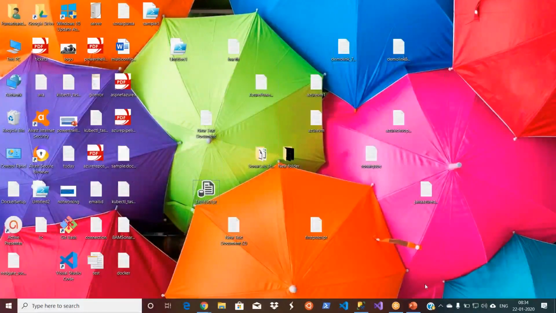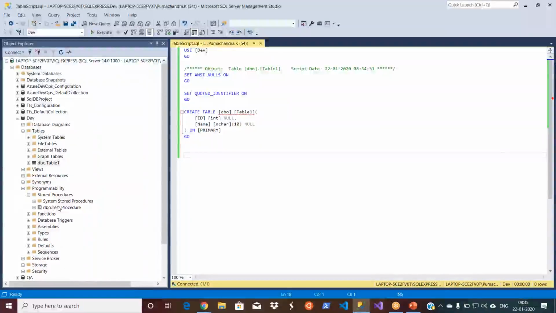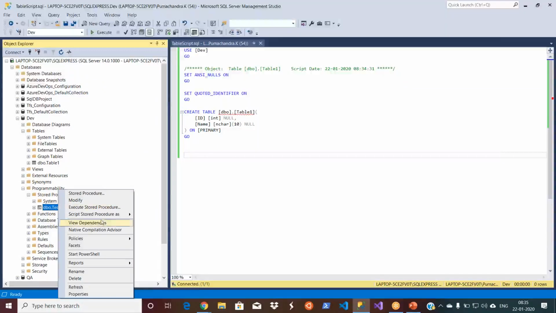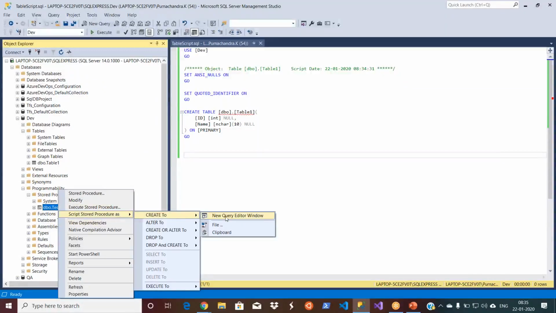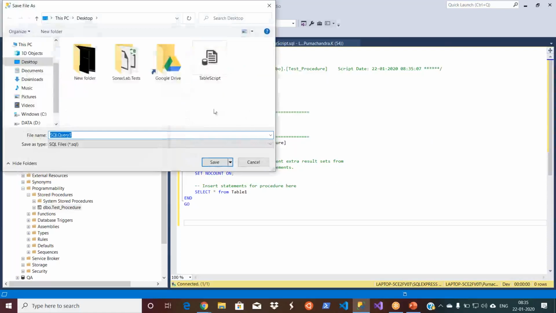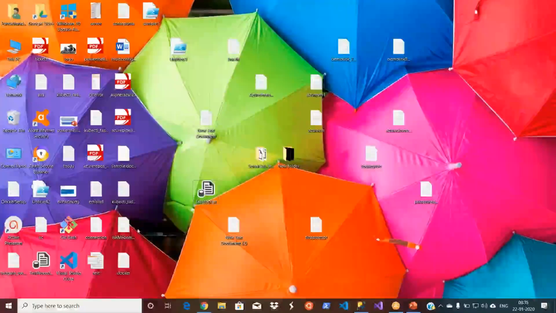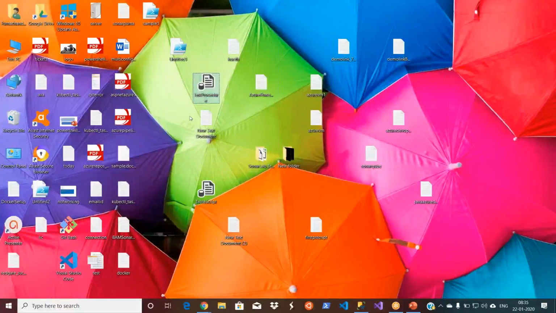And then again go and generate the same thing for your procedures, and then save it. Okay, let's minimize it.